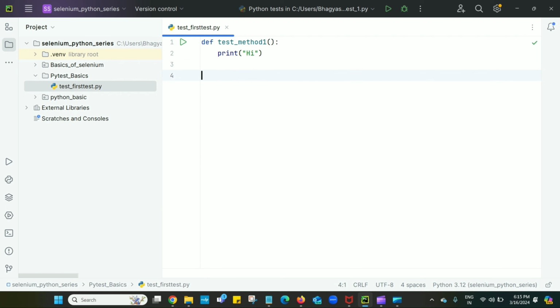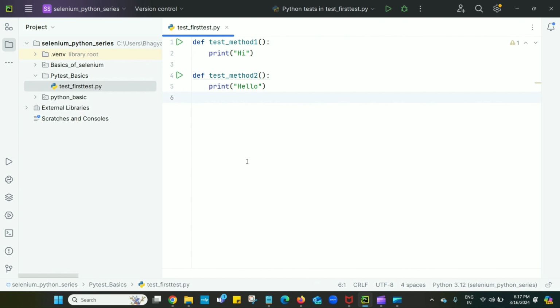So this is the first method. I will define one more method, test underscore method2, and here I will print hello. So in this way I have created two methods, test underscore method1 and test underscore method2, and I'm just printing hi and hello in these methods.